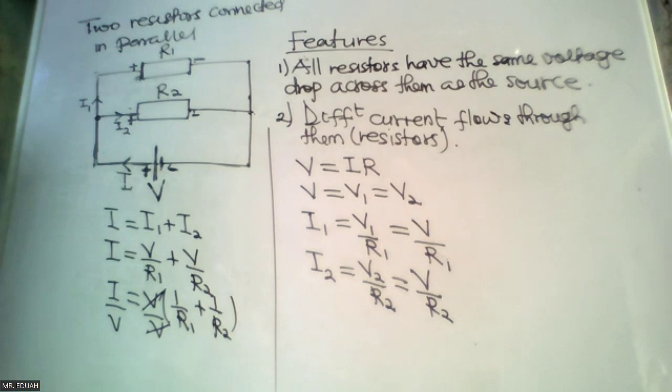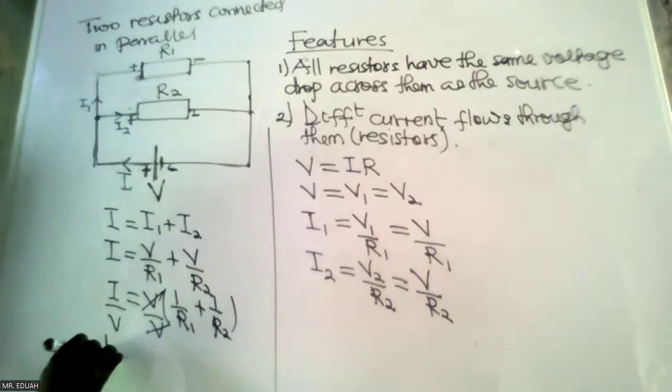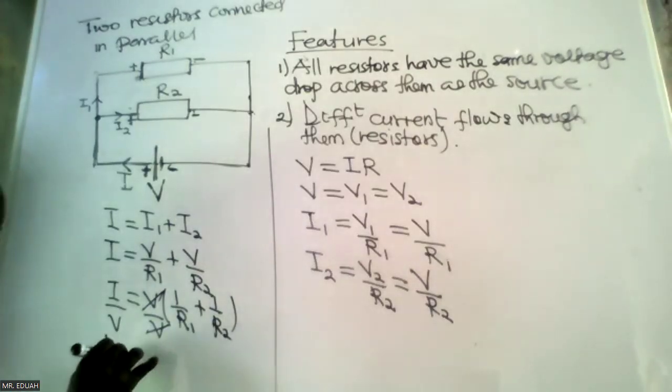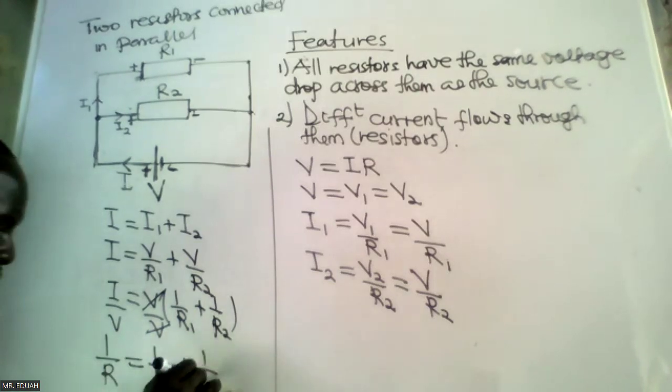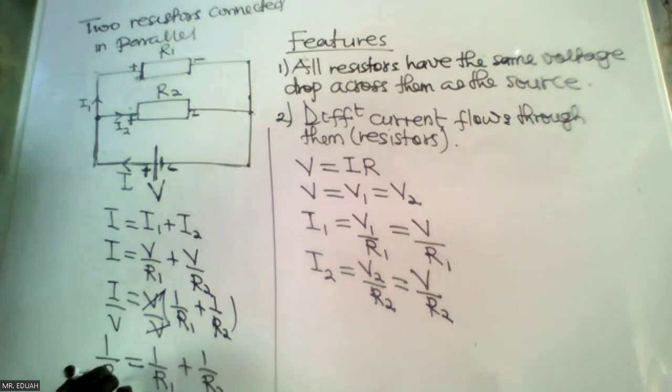A question to the class. From Ohm's law, what is I on V? Teja, please, the inverse of R. Good. So this is 1 over R. So it means 1 over R is equal to 1 over R1 plus 1 over R2. This R is the